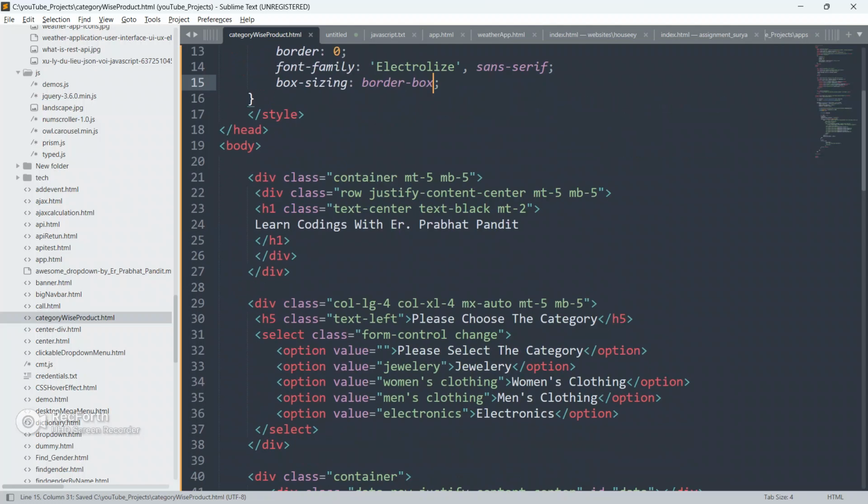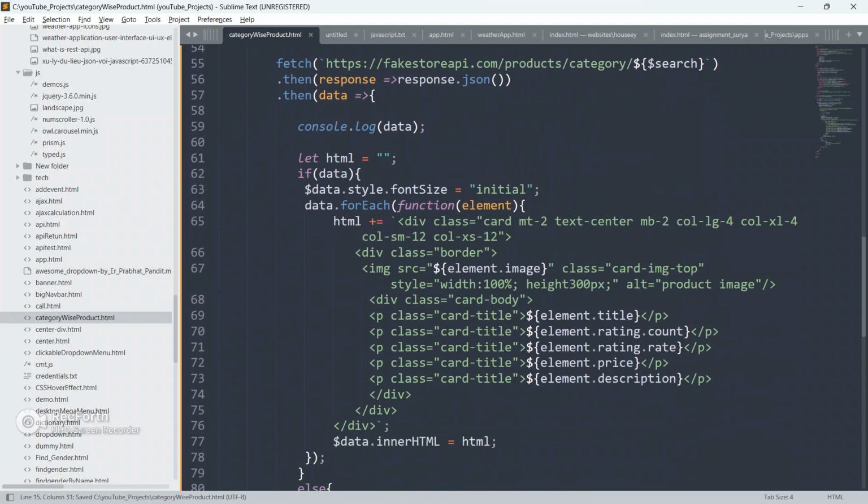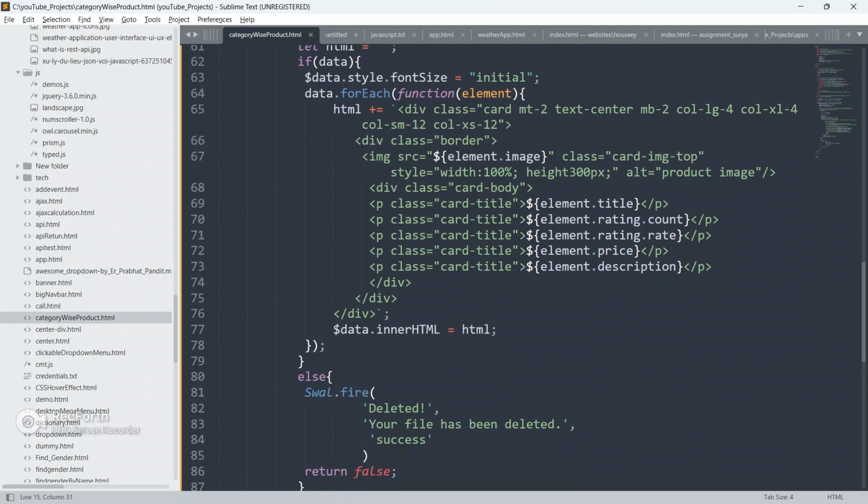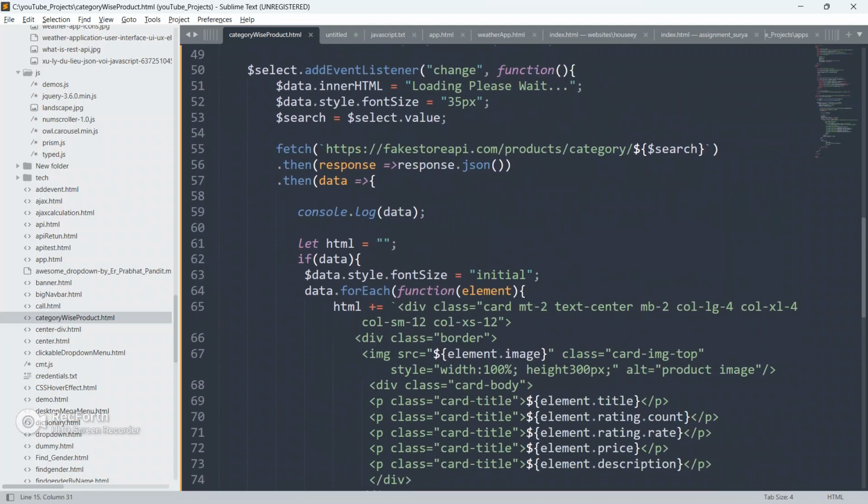Give box sizing as border box. Now I'm going to target this card, guys. This card, where's the card, guys?